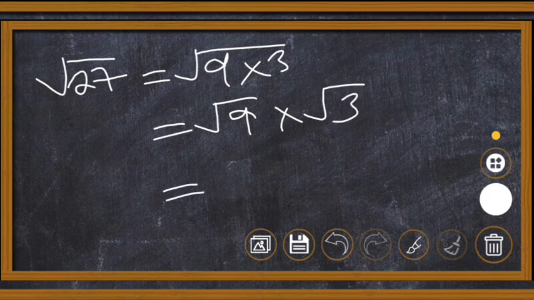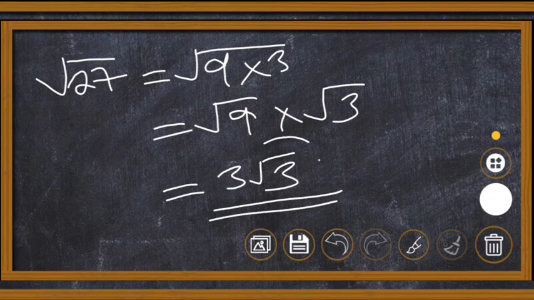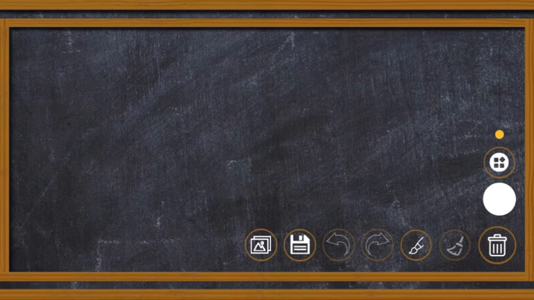And root of 9 is what? Is 3. Okay, and then we have 3 outside there. So this 3 cannot be found as the perfect square. So let's look at 2 more examples before we go into understanding how we can rationalize the denominator of the